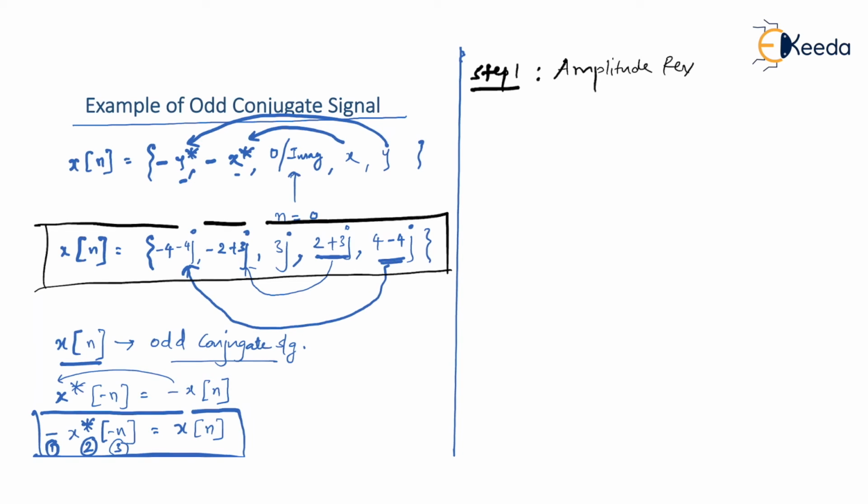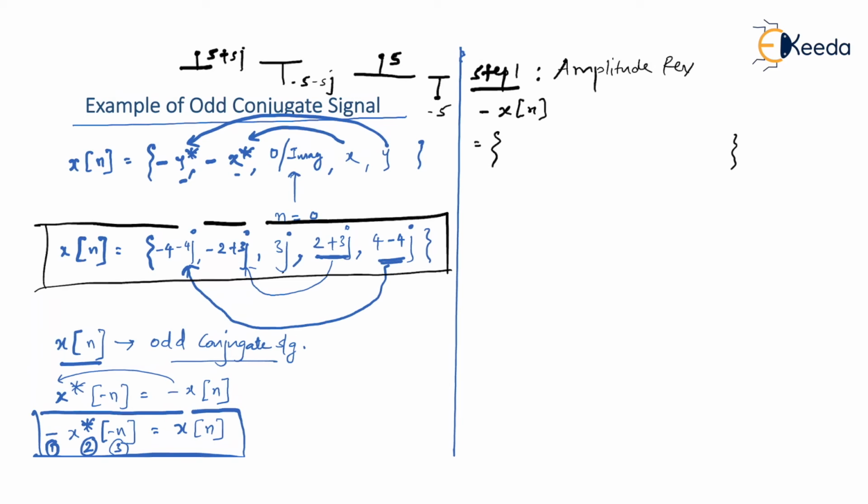So you know what happens in amplitude reversal. Let us assume in a discrete signal we had 5 here. After amplitude inversion it becomes minus 5. Or if we have, let's say, 5 plus 5j, then after amplitude reversal it will become minus 5 minus 5j. So this is exactly what is meant by amplitude reversal. So let us apply amplitude reversal. So x of n will become minus of x of n. Is that right? So let us write minus of x of n.